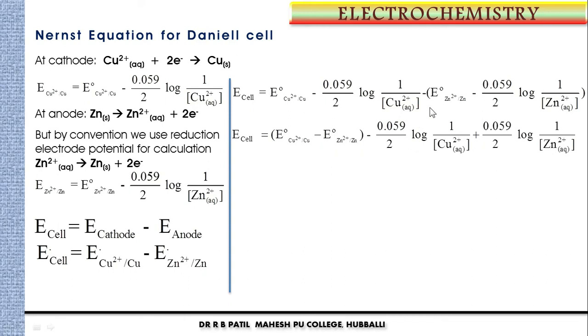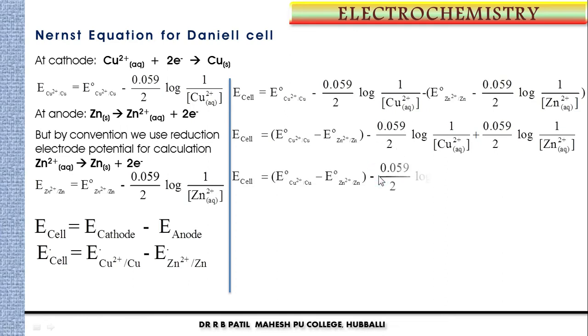And afterwards what we have done, we have taken this and this one side: standard electrode potential of copper minus standard electrode potential of zinc. Next, here we have the electrode potential of copper. This is the remaining part I have written, minus into minus plus as we told, so that also we have written. Okay, what is common here? 0.0591 divided by 2.